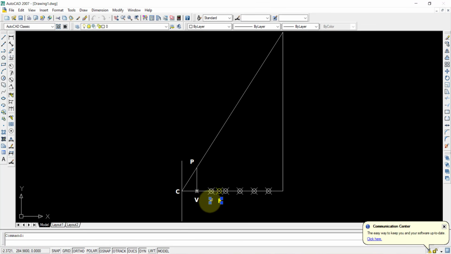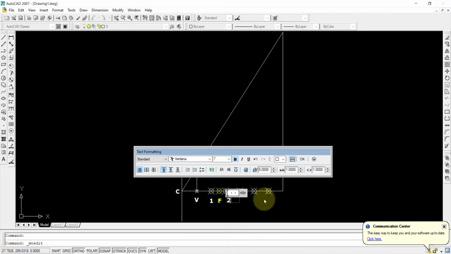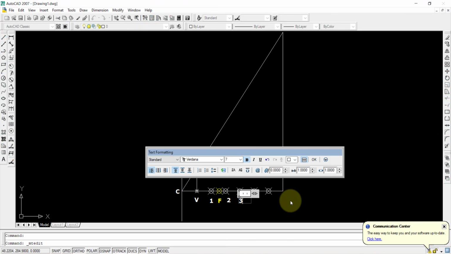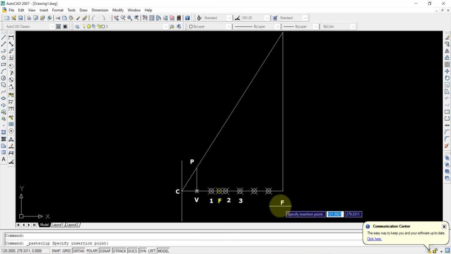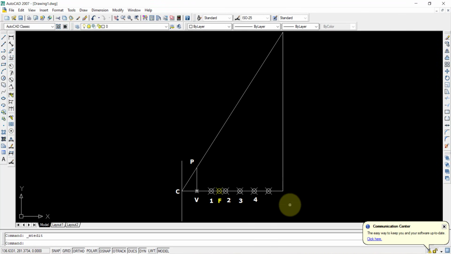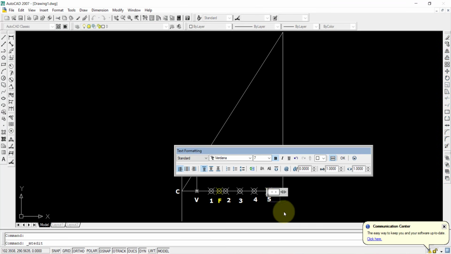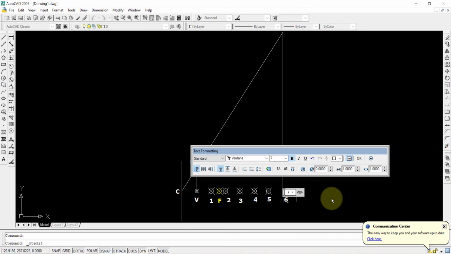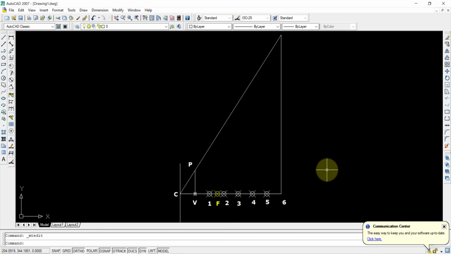So you can give the names there. This is your first point, number 1. This is the second point, number 2. In some cases, the focus point and the first point or the focus point and the second point will be the same. In that case, you need not worry about giving the second point a name. Automatically, the second number and the focus point will be the same. This is 3, this is 4, this is 5, and at last 6, this is the 6th point. It's not necessary that you should do only 6. In this case, I am selecting 6.